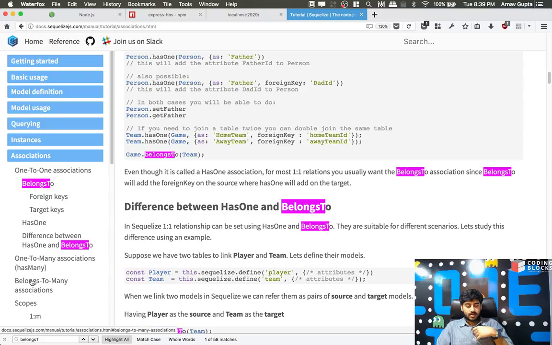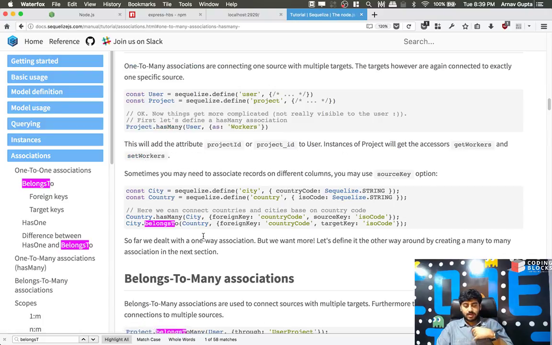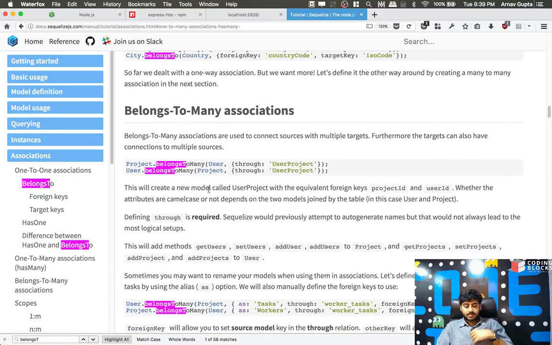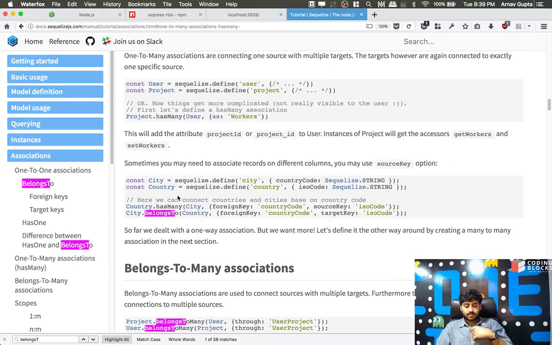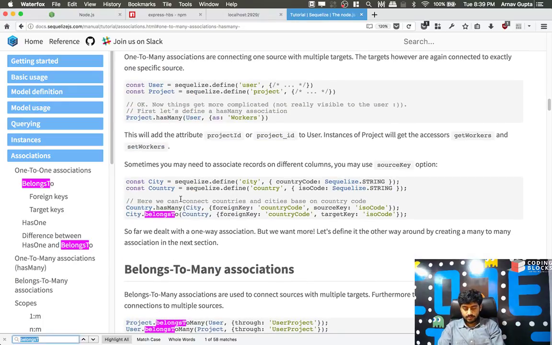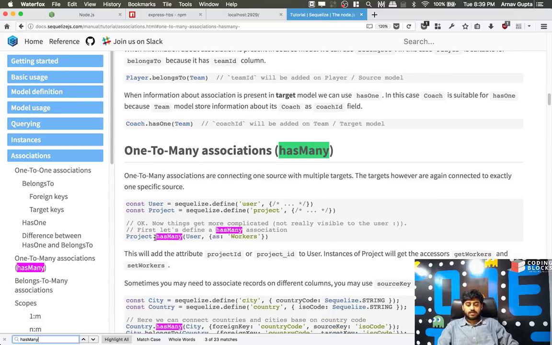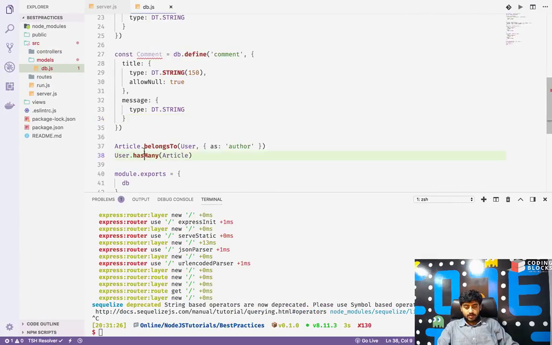There is a hasOne relationship. There is also a hasMany relationship. So Project.hasMany User as workers like that. So I'm going to do User.hasMany Article, and Article belongsTo User as author, and similarly